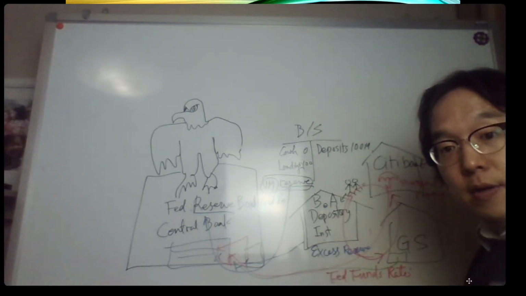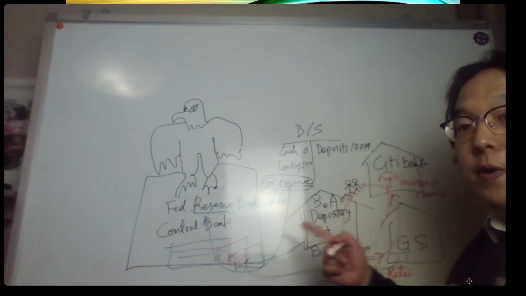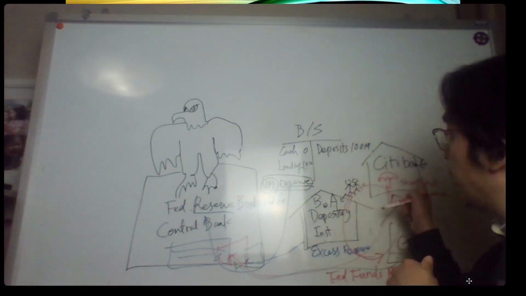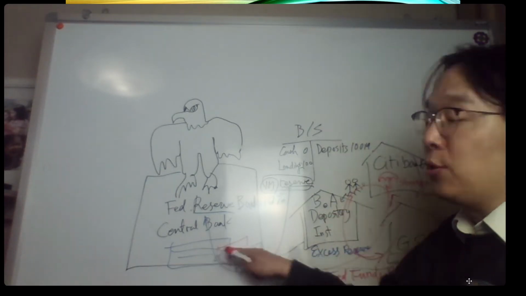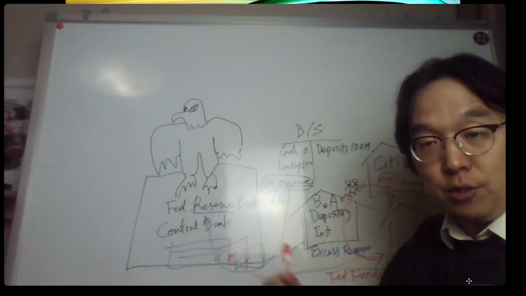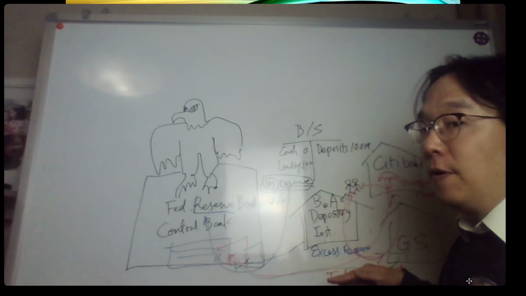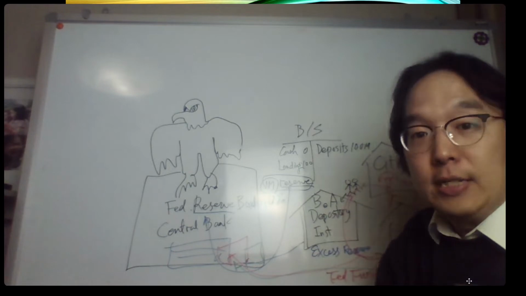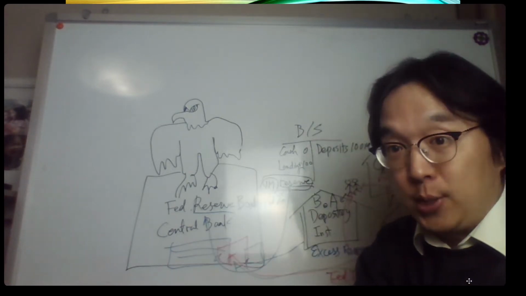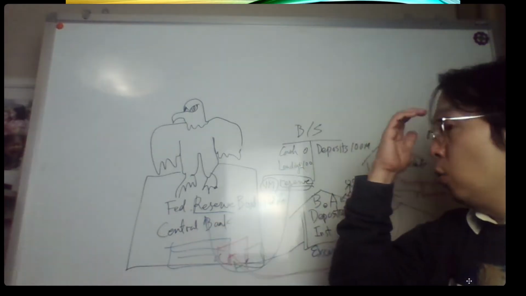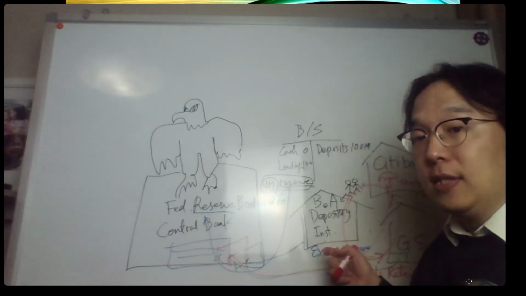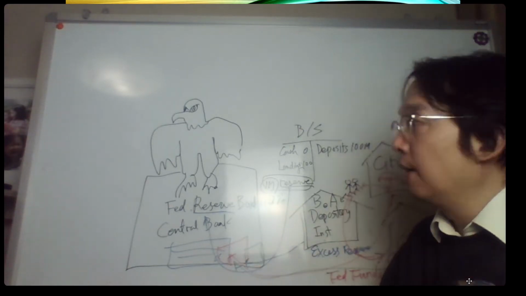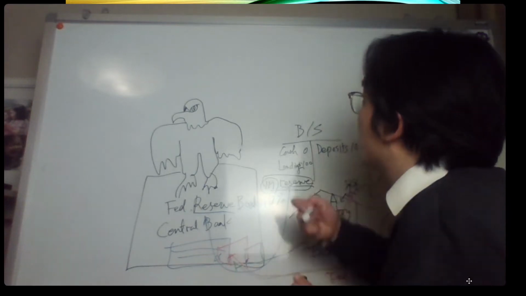So the Fed funds rate is the overnight, very short-period lending and borrowing among these depository institutions based on their excess reserve or shortage of reserves. That's the Fed funds rate, and that's what Jerome Powell is targeting to lower down to 0%. So if that is the case, what about the U.S. Treasury that we talk about as a risk-free rate in corporate finance?